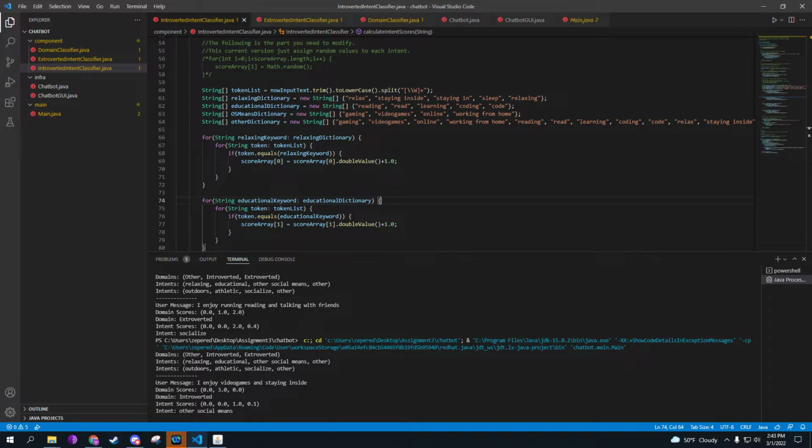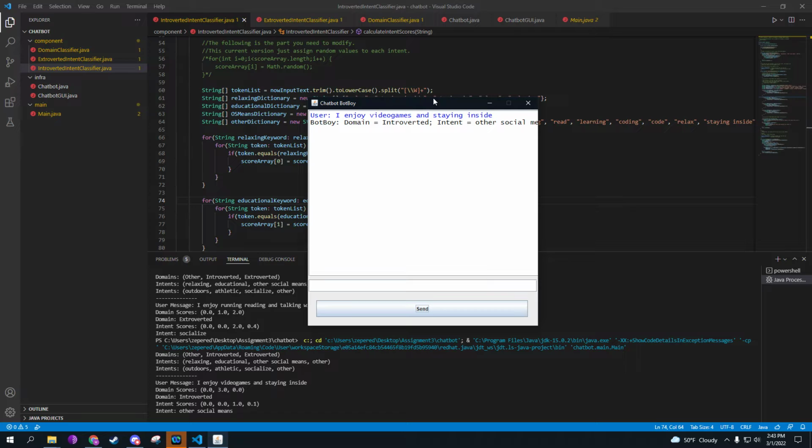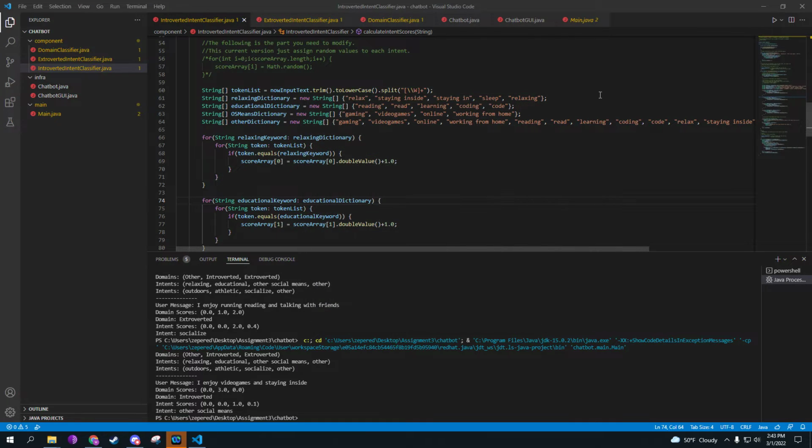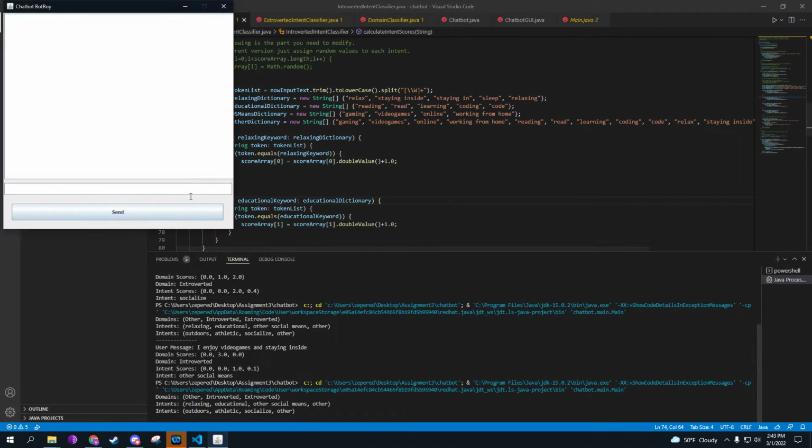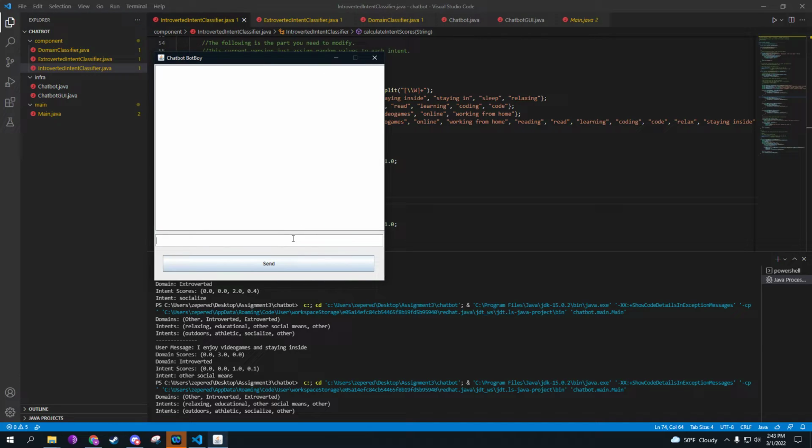Let me just double check, make sure I didn't miss anything. You will need to run your code and send 2 or more messages to the chatbot. Oh, you know what I'm forgetting? So if we run it back again, and I say, I enjoy going to space and landing on the moon, right?